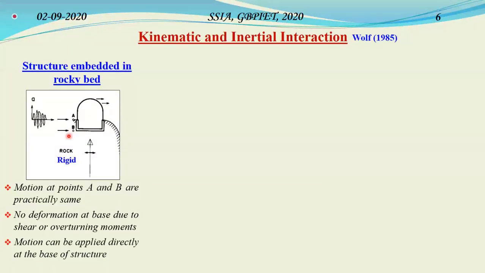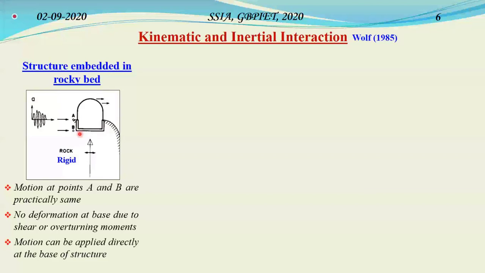The rock bed has a very high value of elasticity. It does not attenuate or amplify the incoming wave. More or less in practice, the responses at A and B are always the same. Since this response is the same, there is no deformation at the base due to shear or overturning moments. That means whatever input motion you give at B, the same motion will be reflected at A. There will be no shear or overturning moments generated at the embedded base, and hence there will be no deformation